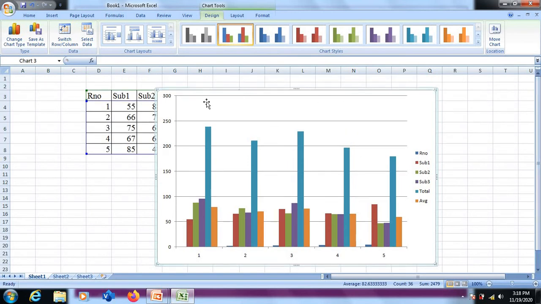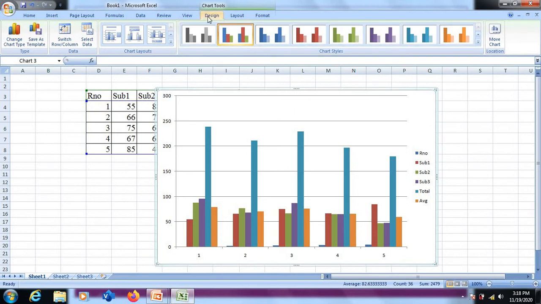Let us have a look at these options. One thing you should understand here is, when you insert a chart in MS Excel, it will add 3 more tabs to your list. Once you insert a chart, it first adds the design tab. Have a look at the top layer, we have the design tab. Then it adds the layout tab, and the last one it adds is the format tab. Each of these tabs has different options related to the chart.